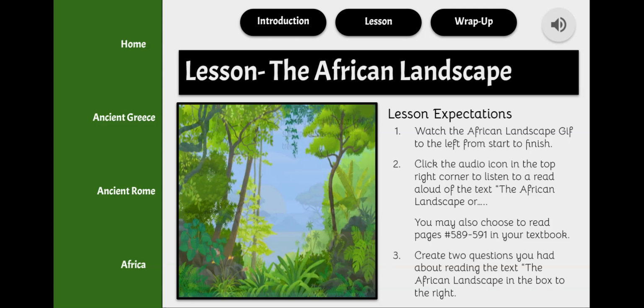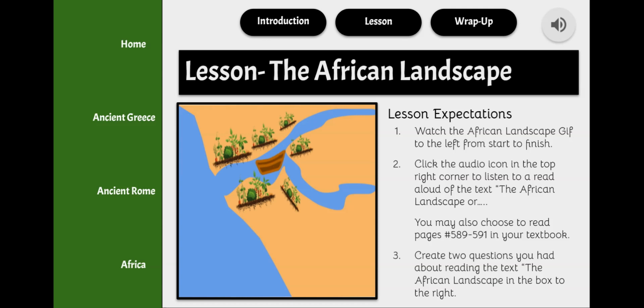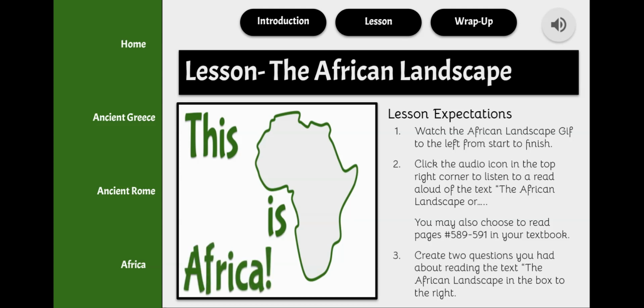After watching the GIF, click the audio icon in the top right corner to listen to a read aloud of the text, The African Landscape. Or you may choose to read pages 589 and 591 in your textbook. When you are done listening to or reading from your textbook, the final activity is, I want you to create 2 questions that you had about reading or listening to the text, The African Landscape, in the box to the